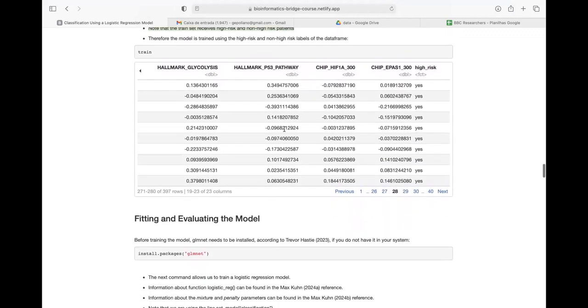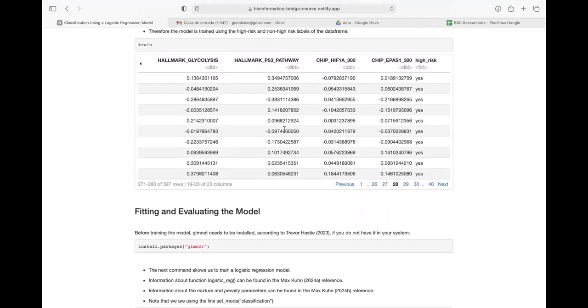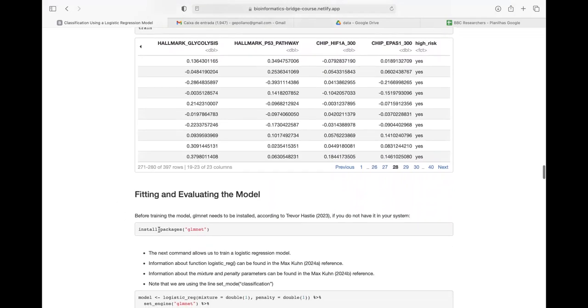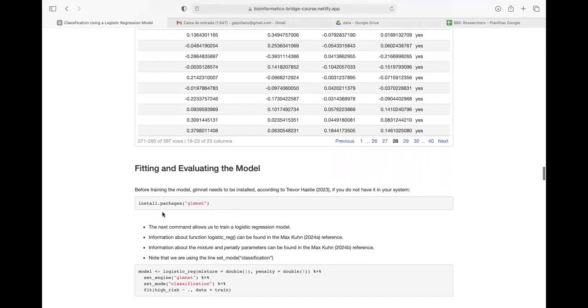So the model is going to take a look at what a high-risk patient is and what a non-high-risk patient is. We are now going to do a step that is called fitting and evaluating the model. In order to do that, we're going to,